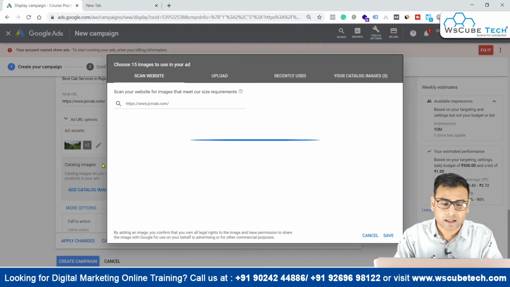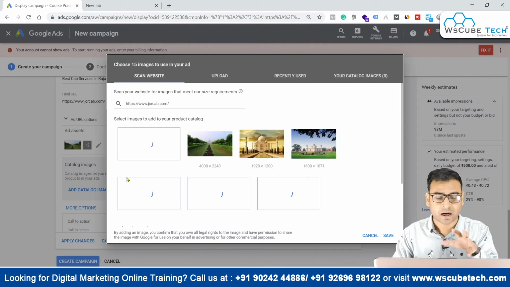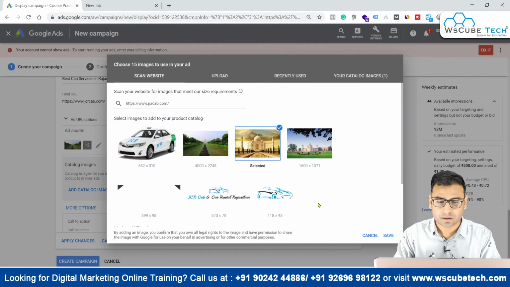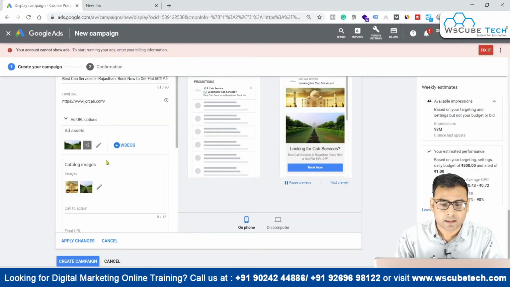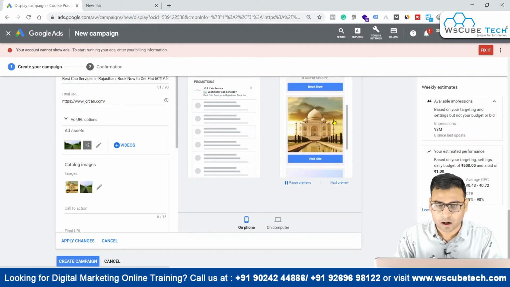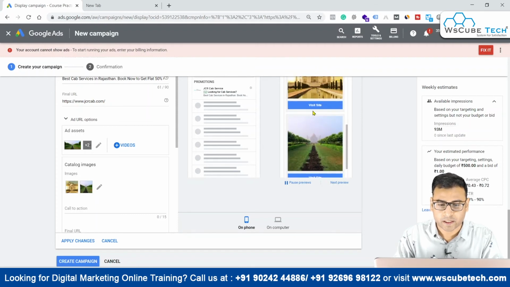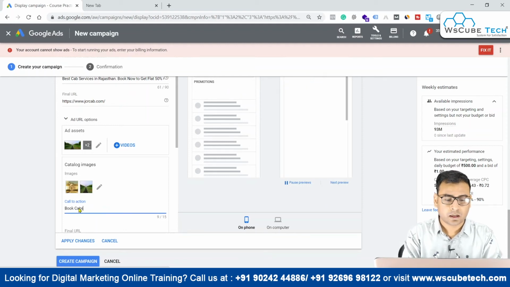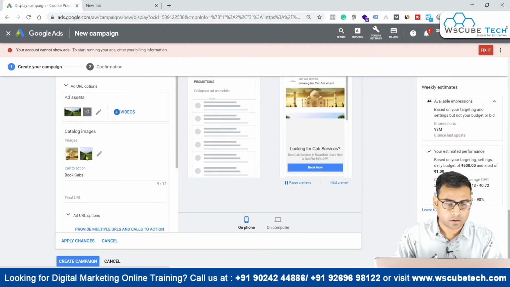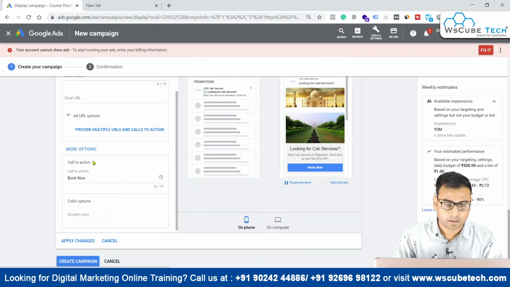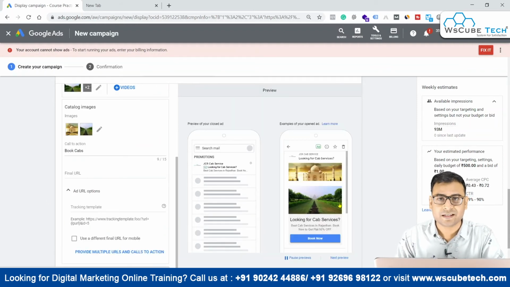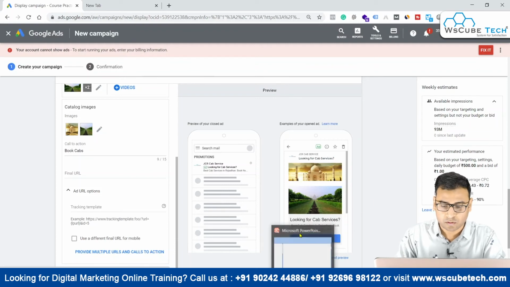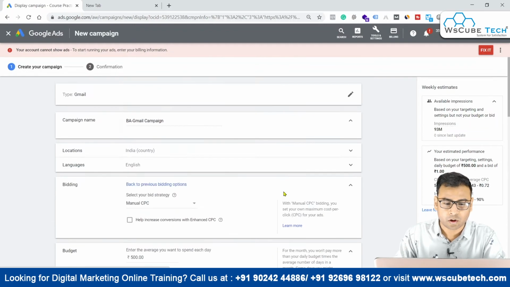We can also add catalog images within our ad. If you have any product, like what we are doing right now, let's click on save. Anybody coming down will see some images over here along with the call to action. So we can write book cabs, and on the second one we can write another thing, right? We have this option of placing multiple catalogs and images, and along with that we have the option of putting the call to action and everything. So we have all these options.